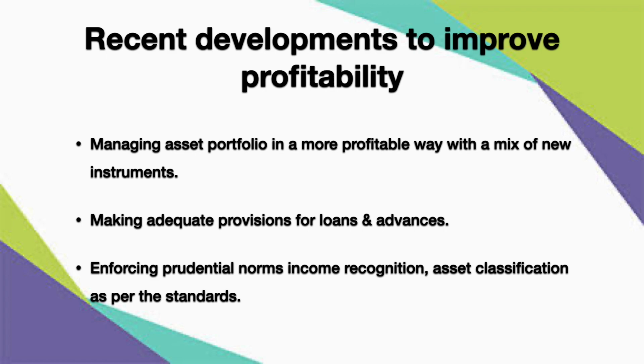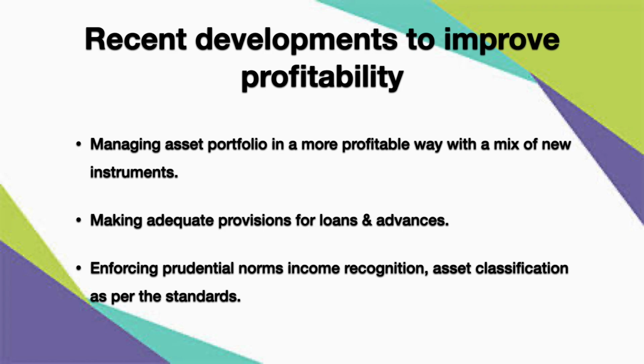What will I do? Maybe 2 lakh I will buy bonds, another 5 lakh I'll buy government treasury bills, another 3 lakh I may buy shares or securities. So what am I doing? Whatever deposit I have, I divide it and invest into various investment avenues, which is called an asset portfolio. So what is the bank going to do? With a mix of new instruments, now it can say mutual funds, or venture capital, etc.